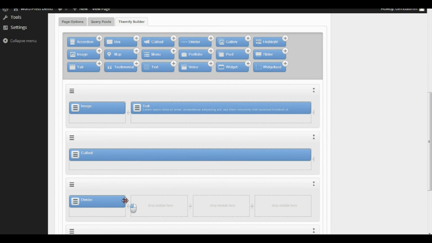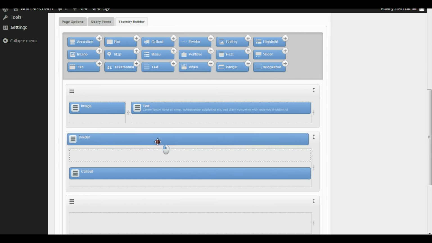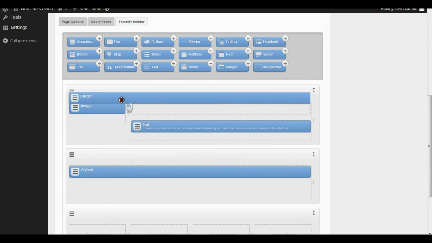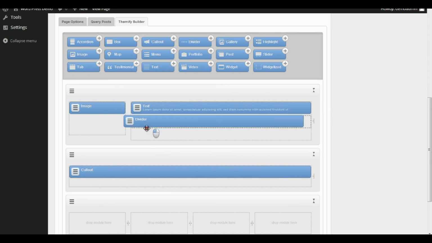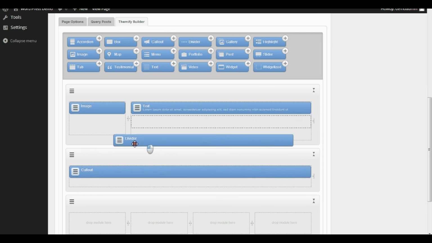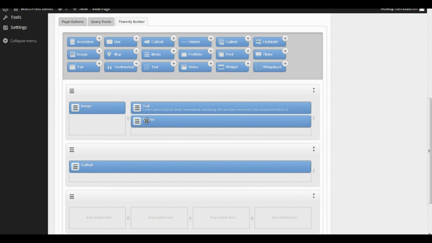Now the reason I'm creating this divider is I want to show you something in a minute. We're going to make the divider go all the way across the page. The great thing about these blocks is you can reorder them. Now we've put the divider above the call out button. We can pop it, if we like, at the top. Say for example we've decided we want the dividers to go underneath the text. You can pop it into that box there. Basically you can mess around with these, you can drag them, drop them, put them wherever you like. So let's just save those changes